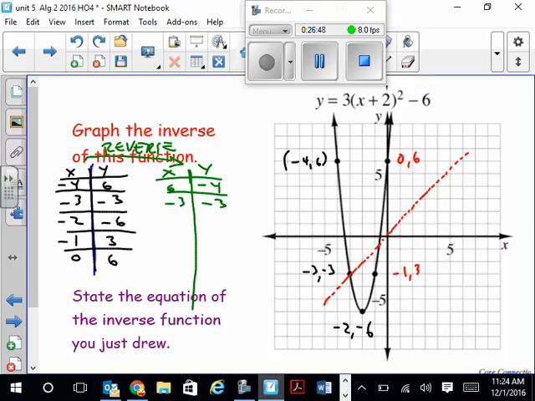A 3 and a 1. 3, -1. And the last guy? 6, 0. 6, -4 for those who need the coordinates. When you connect the dots on these,